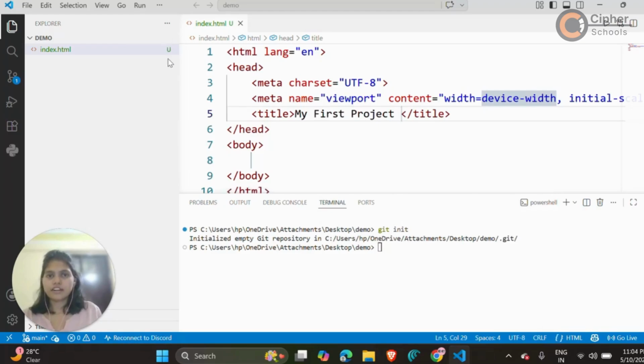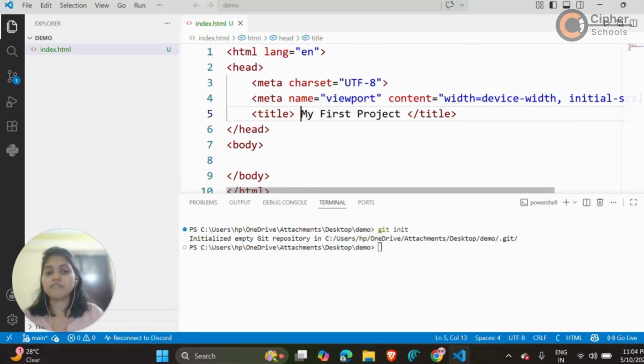We have given the title as My First Project because we are showing how we can push this to our GitHub repository. So this will be the first project of your life for Git commands.